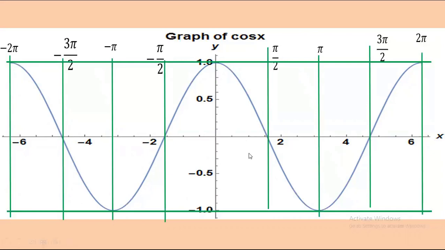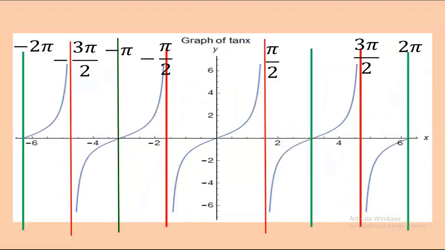So what is the domain of this function? The domain of cos x is the set of all real numbers. What is the range? The range is from -1 to +1. Now we will see the graph of tan x. You see,